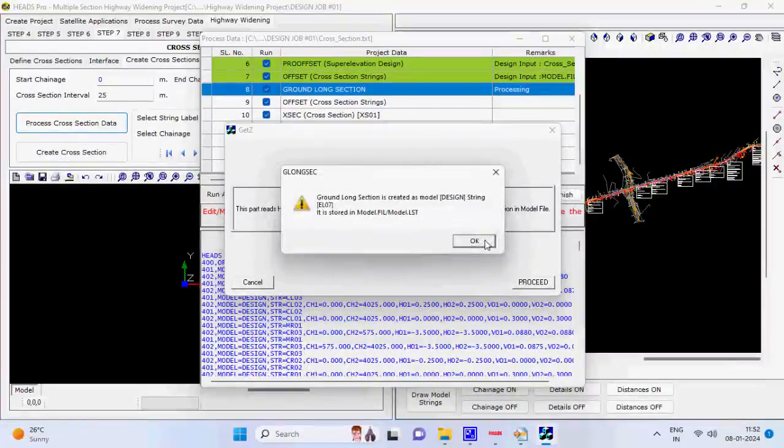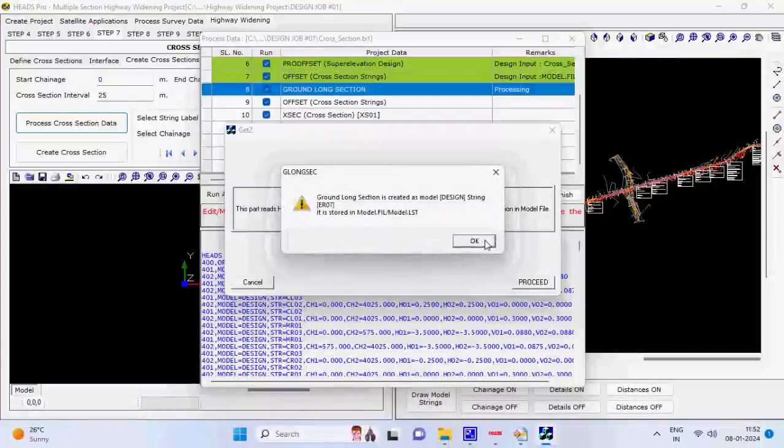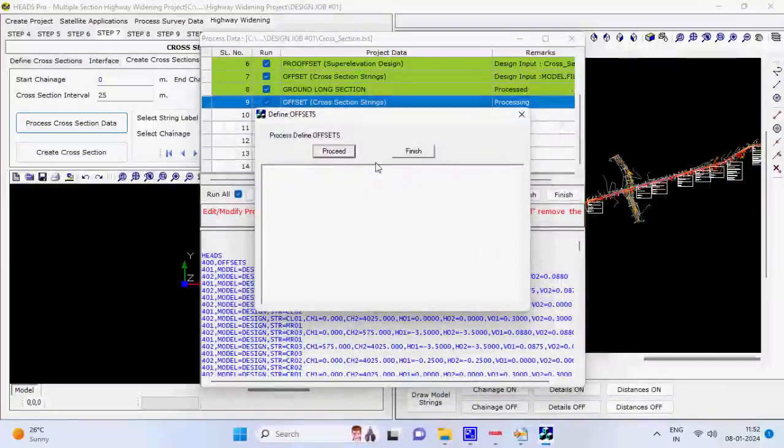Step 103, as the process is over the ground long section string EL07 is created, the message comes as displayed, click on OK. Step 104, the string ER07 for ground long section is to be created under the right offset string of the 2 offset strings which was just created, click on button Proceed and as the message comes click on OK. Step 105, as the process is over the ground long section string ER07 is created, message comes as displayed, click on OK. Step 106, referring to the ground long section string on the left side just created another additional pair of offset strings SL05 and SR05 are to be created on the left and right ends for the